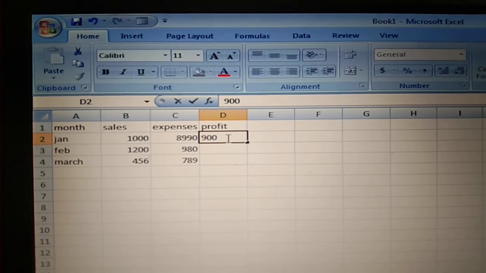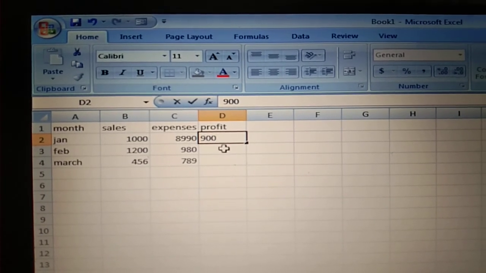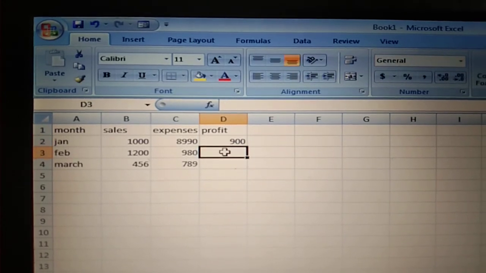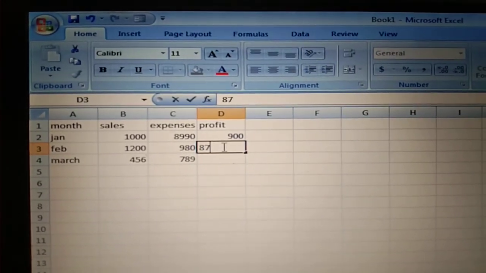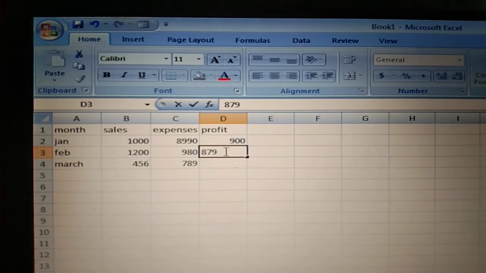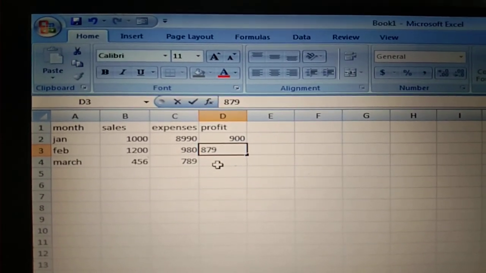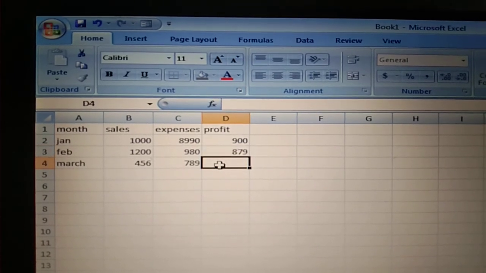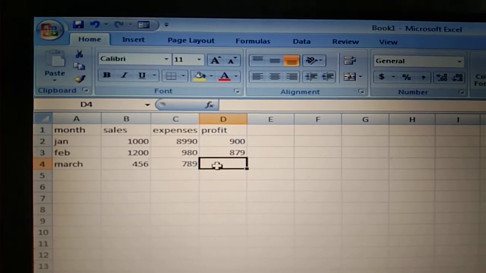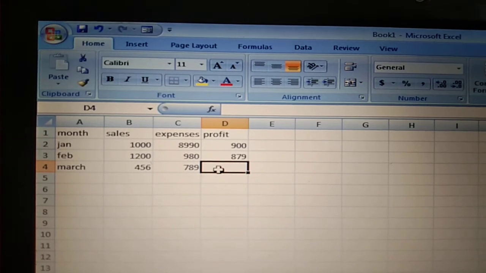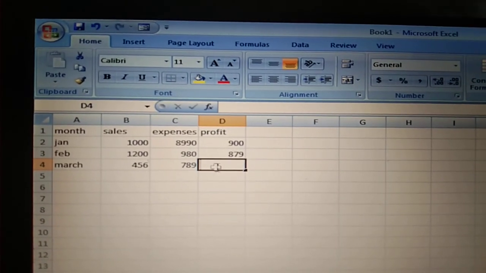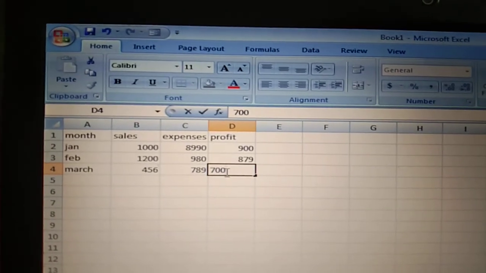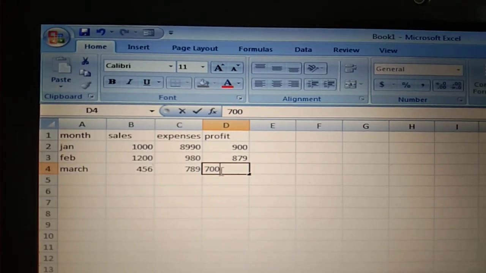If I want to enter data for profit in the month of Feb, we simply click in this cell, then enter the data. Now if we enter data for the month of March regarding profit, we again simply click in that cell where we have to write, and then enter the data.